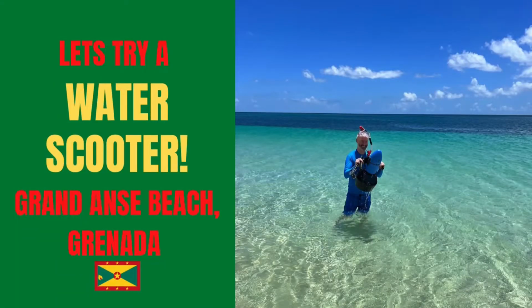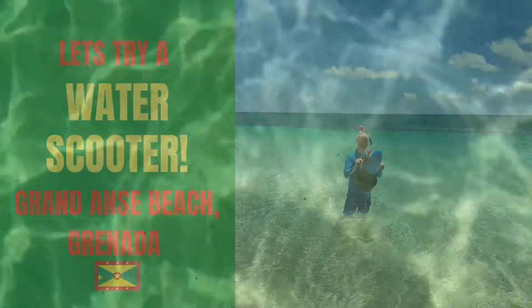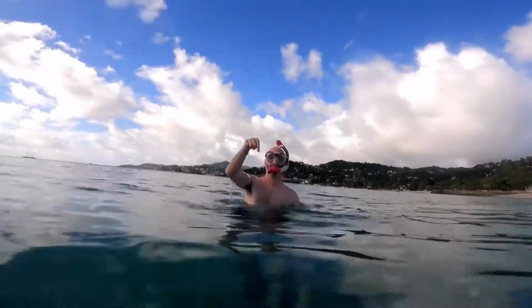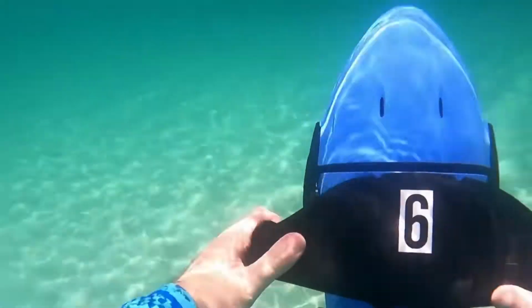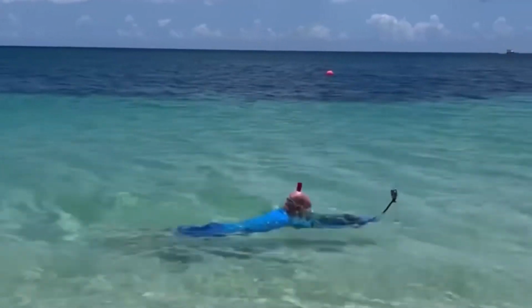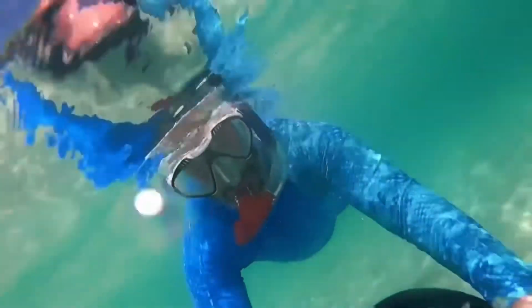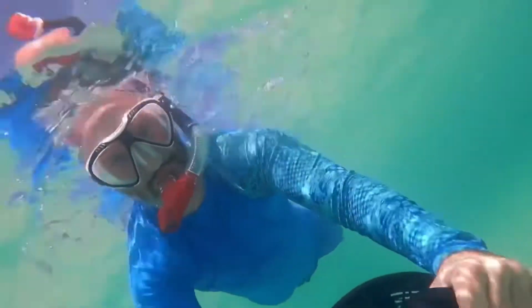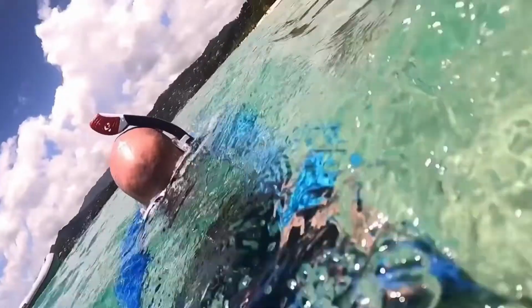Oh, how about this? Let's try a water scooter. So I get in the water again with my mask, but this time I'm about to get my hands on a water scooter. I had a good time getting propelled around on the water scooter. It was fun to not have to kick or really swim and have it just pull you around. I was having some fun going up and down,